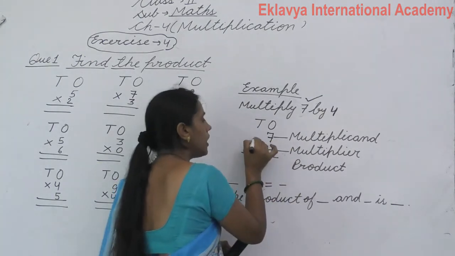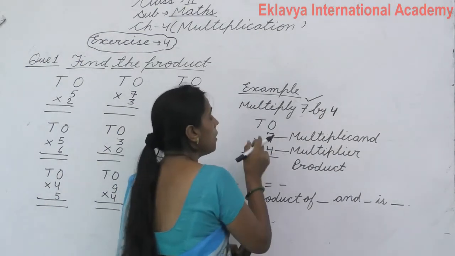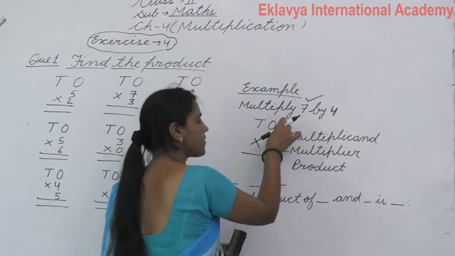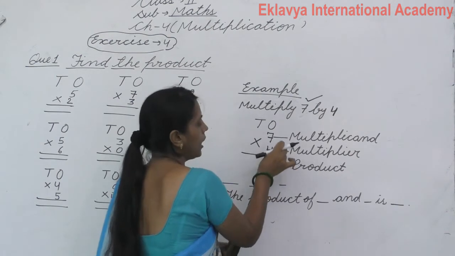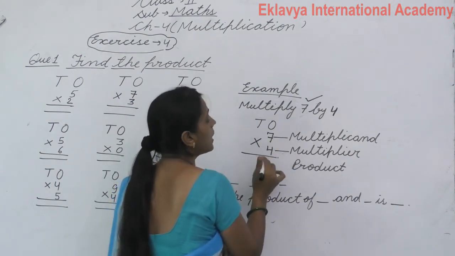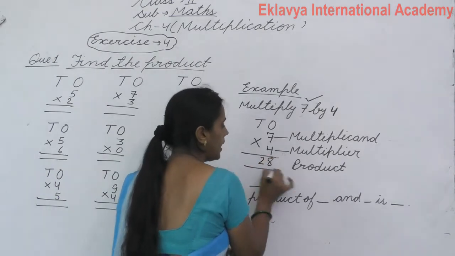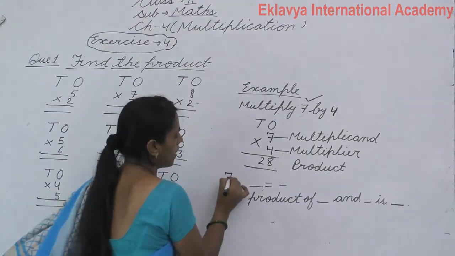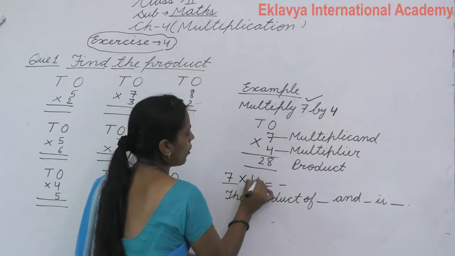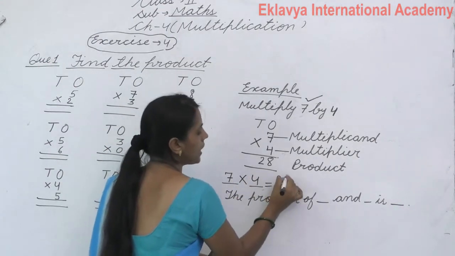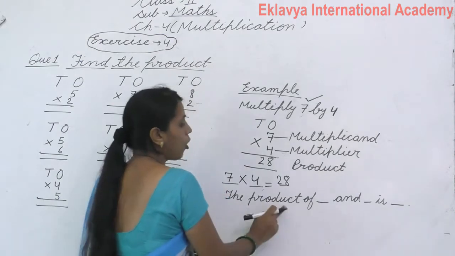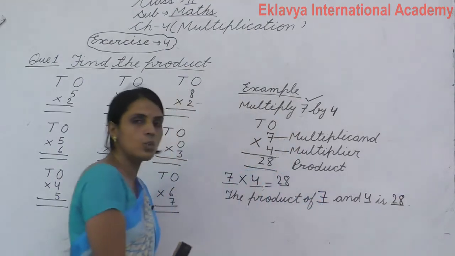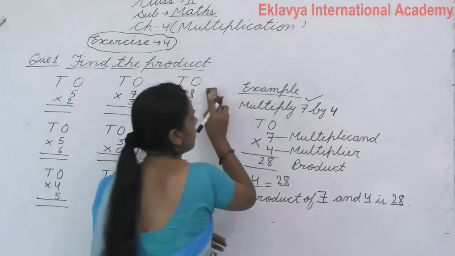Okay, now we will put the multiplication sign. We will multiply the digits with each other. Okay, listen. Like this, you can speak table of 7 and you can speak table of 4. If we speak table of 4, what will you get? We will get, yes, tell me, 28. That is your product. Product is your answer. Okay, now we will write here 7, then multiply and 4. Yes, your answer is, tell me, 28. Now the product of 7 and 4 is 28. Got it, student? Okay, I will tell you one more example.